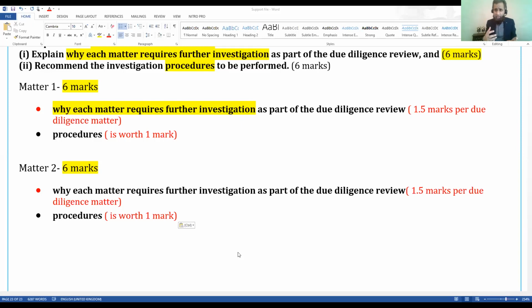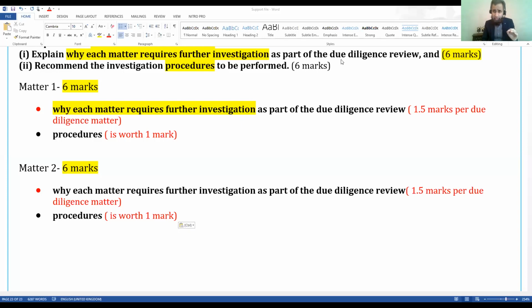For example, one student allocates 8 marks to matter 1 and 4 marks to matter 2. That's fine. But you cannot make something 0. So is everyone clear with the requirements? How to go about it? How many matters do we have in the case study? 2. And you need to tell me in 5 minutes after reading the case why each matter requires further investigation